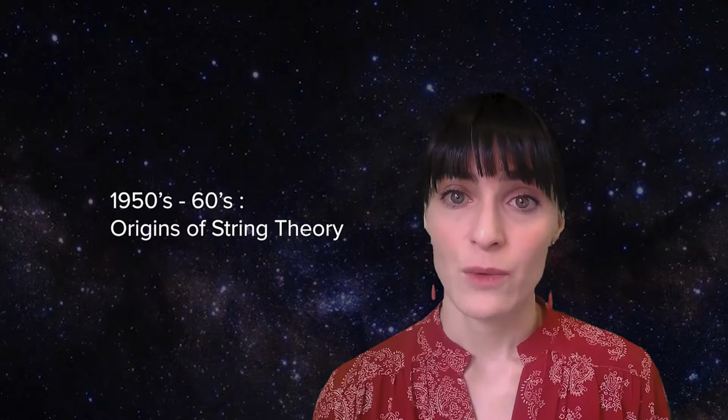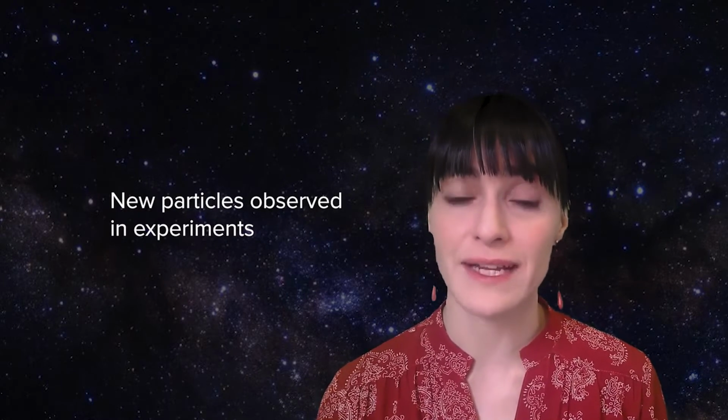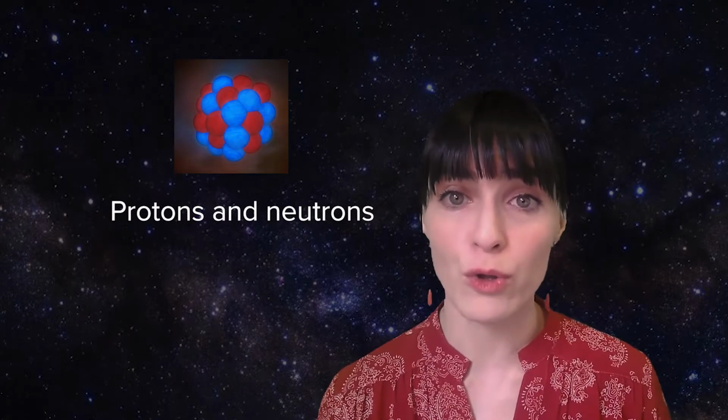Well, we can trace the origins of string theory all the way back to the 1950s and 60s, when people were observing a whole bunch of new particles, which they collectively called hadrons. Now, you might be familiar with some hadrons. Those are the protons and neutrons on the inside of every atomic nucleus. But there were a whole bunch of other ones. And people started to wonder, if there are so many types of particles like this, maybe there's a way we can describe them that's more fundamental, more elegant,